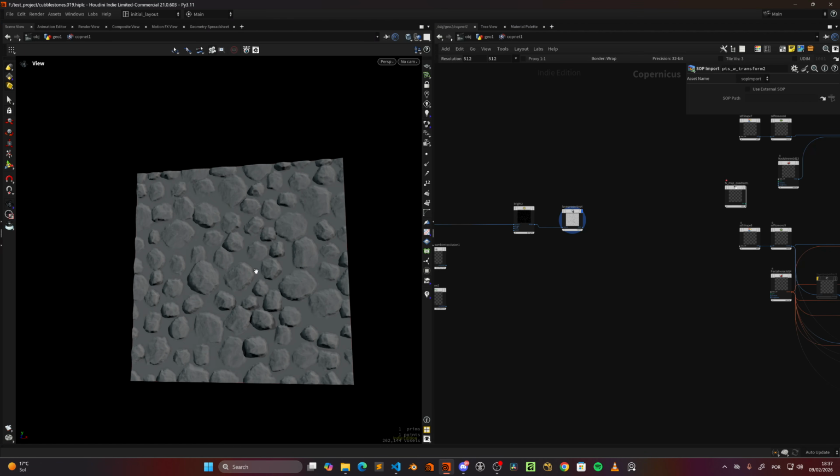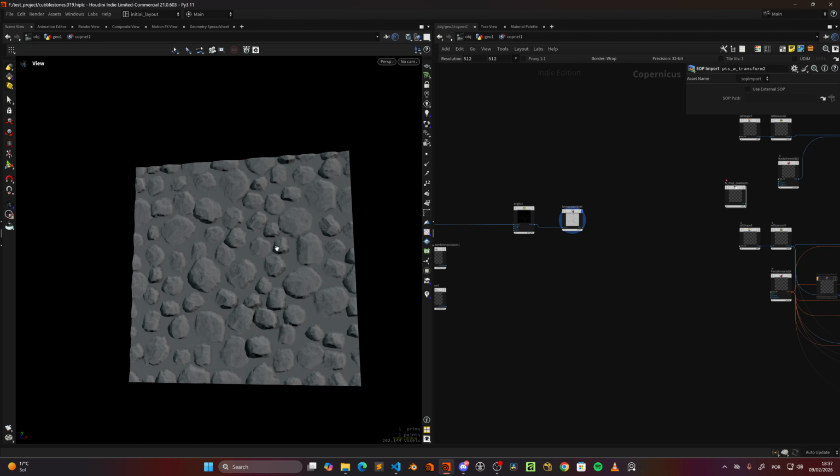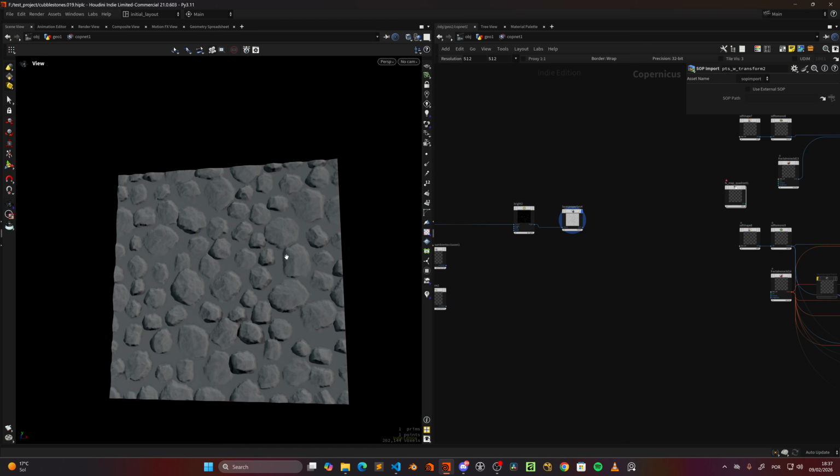Hello everyone and welcome. In this video I wanted to break down how I did the simple material of cobblestones that are randomized and don't collide with each other. I'm not sure how they approach this kind of material in Substance Designer, but in Houdini it's not as easy